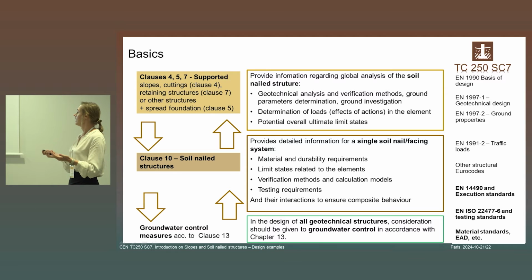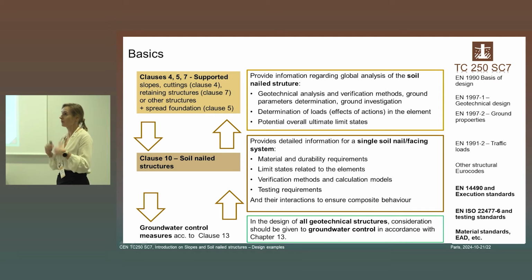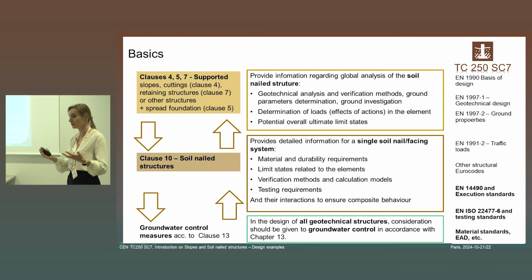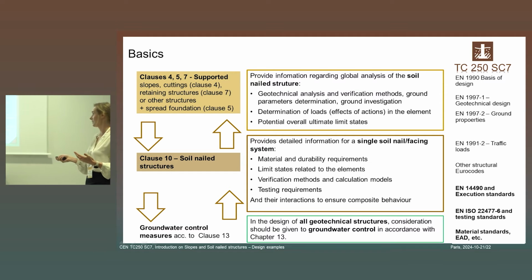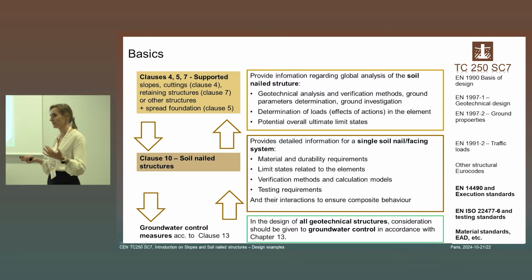And obviously, as soil nail structures often rely on groundwater control measures, we now have the new clause 13 dealing with